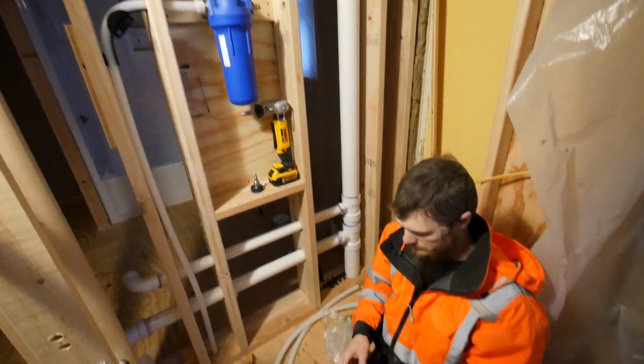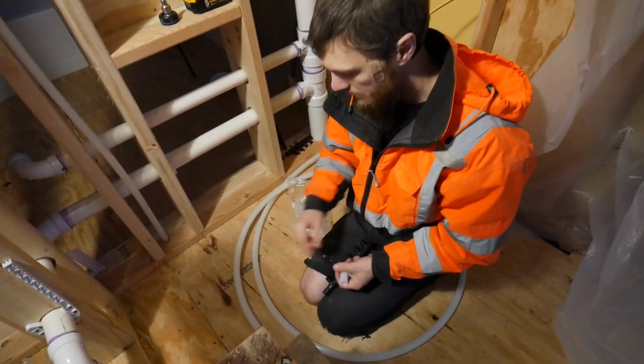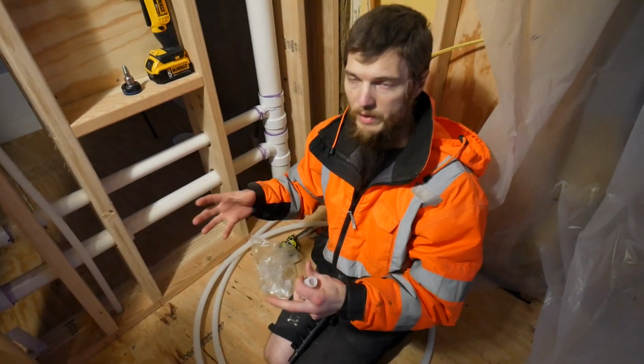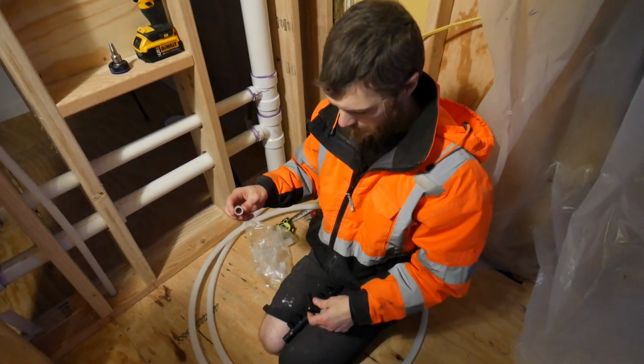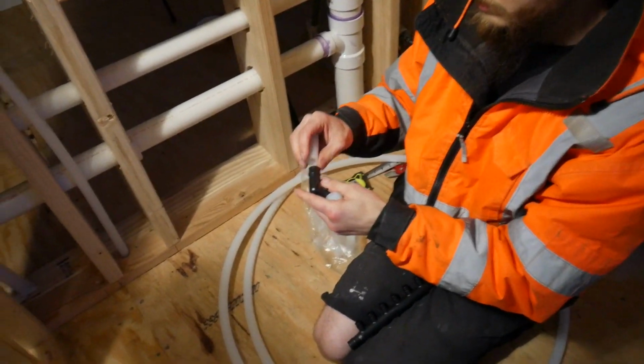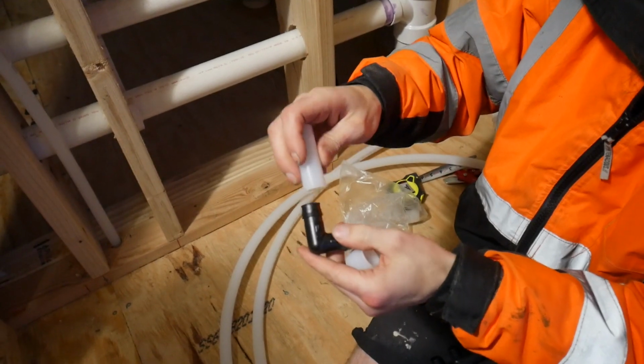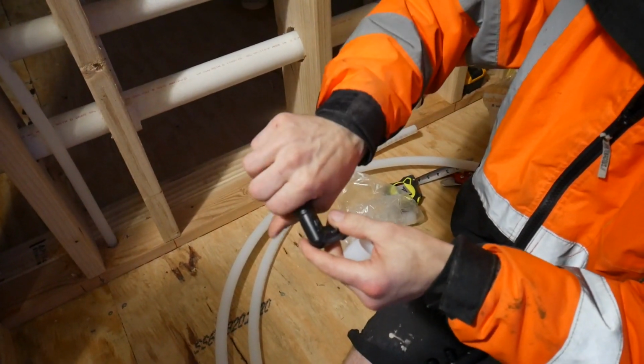It was so easy to do. Now that I'm up here, I can show you guys. This is PEX-A. It's made with a high memory plastic. They use that to hold the pipe to the fittings. So this is going to be expanded to slide over this fitting, and when it contracts, it'll hold on there